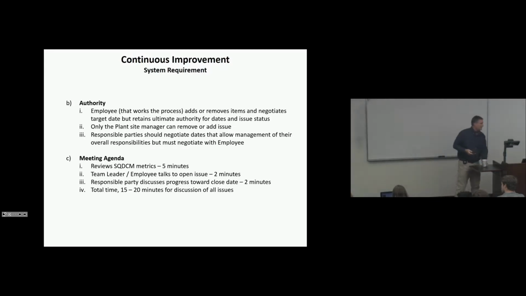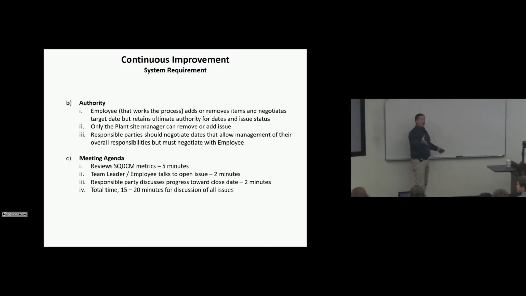Answer the question, though, and Tom's right, there's all different levels of employee involvement in these programs, but the ones that are successful are the ones that make the employee available to be part of the solution team and part of the process. Those that come in and say, yeah, we listen to our employees all the time, and we take all of their initiatives, and we give them to engineering, and they go fix them. Well, see, that can't happen, right? Because you work the process, you put your issue on the board, you talk to somebody because they got to give you a date. You put the date on the board, you own the board. At Chrysler, if somebody walked up and changed verbiage on the board, they put themselves at great risk because they're not supposed to touch it.